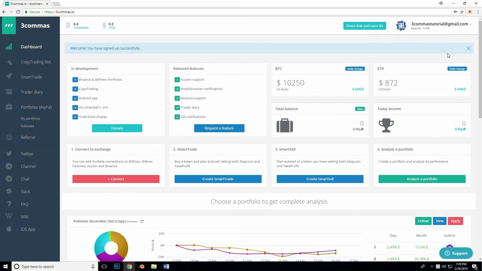We are now at the home page of 3commas. This page is the dashboard. On the left-hand side, you will notice the navigation menu bar. In the top right, you will notice your email. If you click on your email, a drop-down menu will appear. Right below your email, you will see a balance of